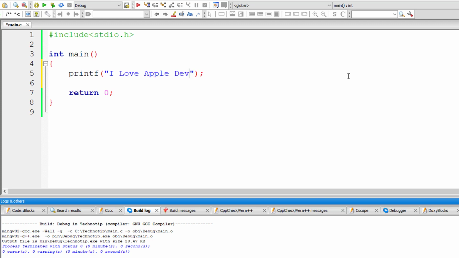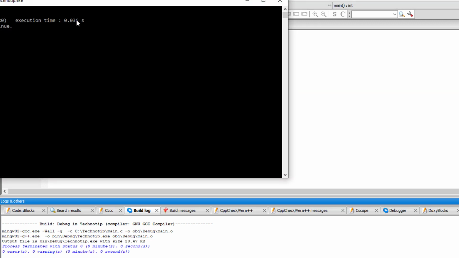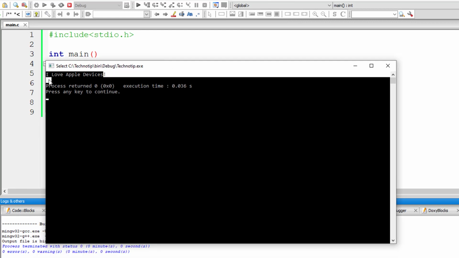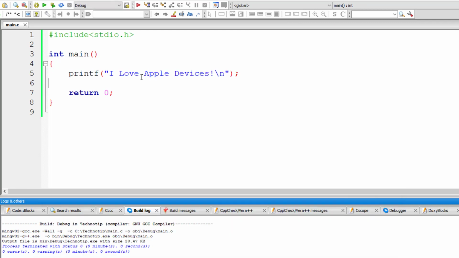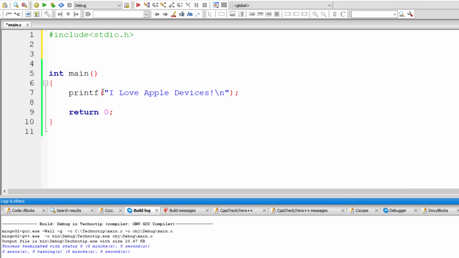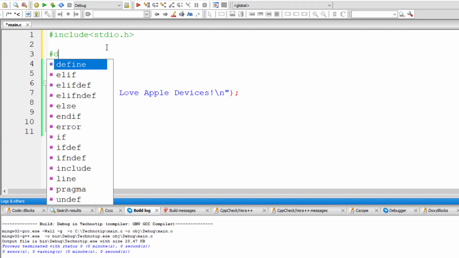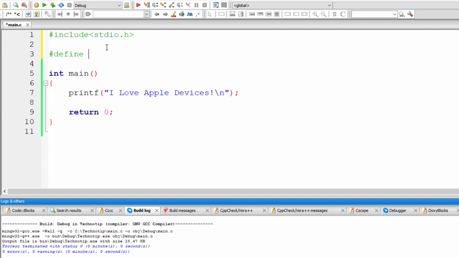So let me write I love Apple devices inside the main method. Imagine that we have all the secretive information about your iOS device printed out from inside this main method. So it's displaying I love Apple devices. Hence, we do not have any errors in our regular program. Now, this main method should get compiled only when we have a macro definition for iOS. This iOS macro has been defined now.